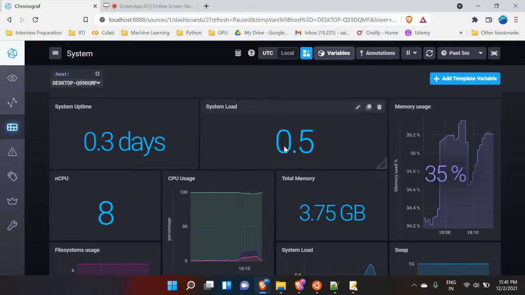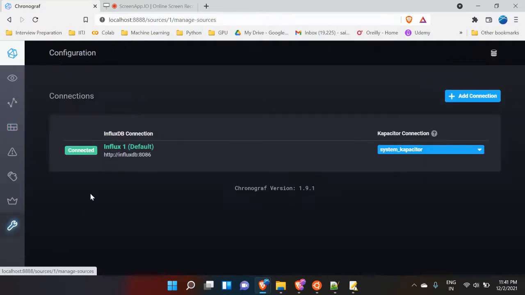As we can see, the system load is gradually decreasing. So in this way, we can integrate a lot of applications and monitor their metrics, and even send alerts when an event occurs. Let me go ahead and show the Kapacitor integration.